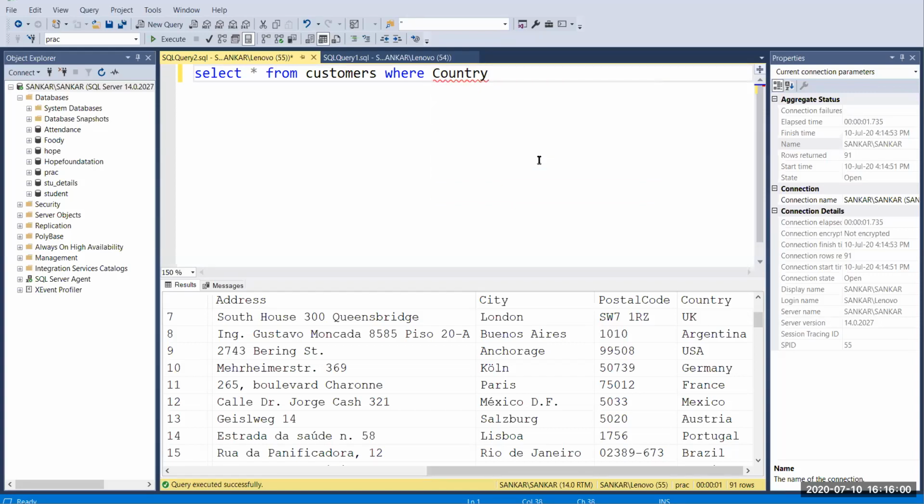And simply, you have to give equals. After that you have to pass your country name, like if it is Germany or USA. Here I'm going to grab USA. You have to use single quotes for a varchar character. You don't use double quotes; if you use them, it won't take it as a varchar character data type.